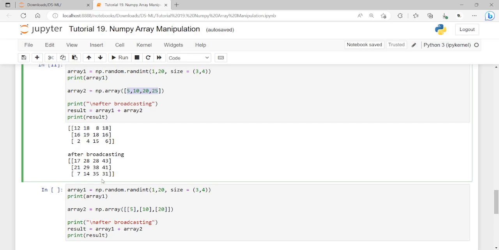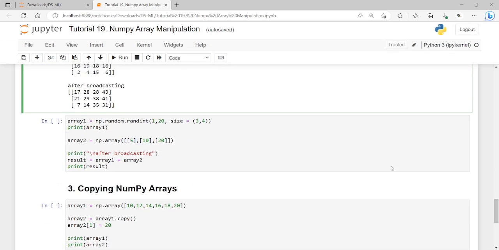Let me move on to the next example. See here, dear friends. Here we are going to make use of an array, and the first array is going to have the same thing, random integers with values from 1 to 20, and the size of the array is 3 into 4, that is 3 rows and 4 columns, which is added to another array of 3 rows